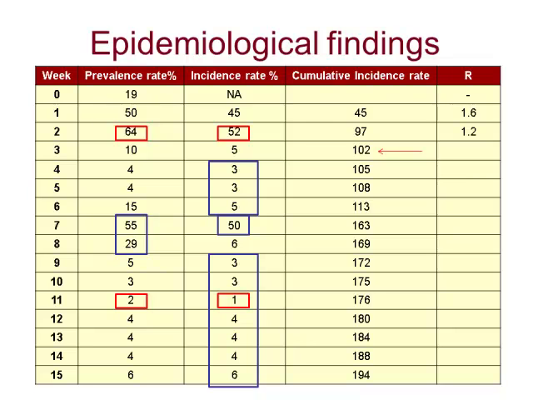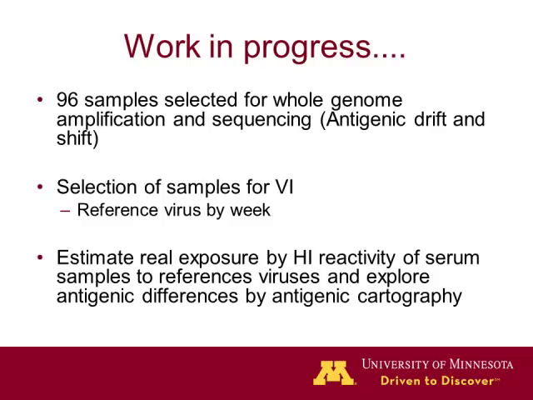among these pigs. So what I'm doing right now, we selected 96 samples from the positive pigs, especially those that tested more than once, for whole genome amplification and sequencing. What we want to do is assess the antigenic drift and antigenic shift to see if the virus is changing over time, and whether those little changes or huge changes, I don't know what we're going to see yet, are allowing the virus to maintain in the population,